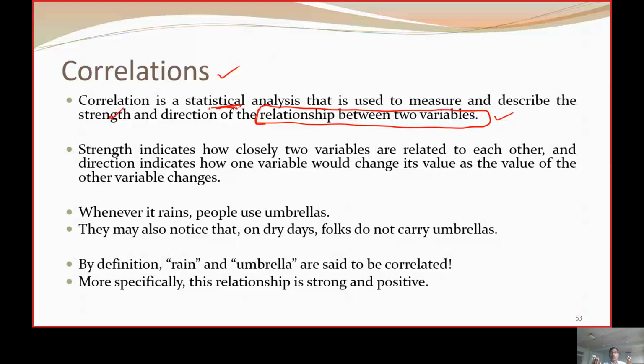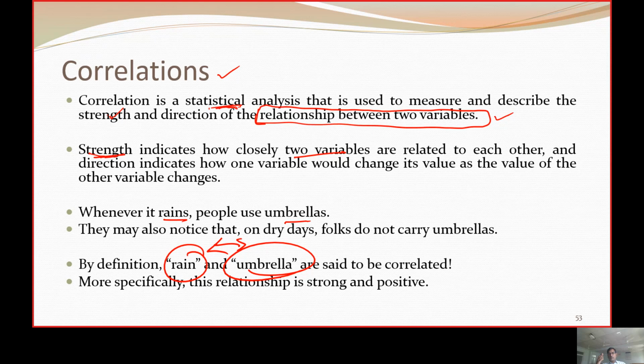So for that, we look into this correlation analysis. One of the best examples is that people use umbrellas when it rains. Definitely, if there is rain, we are carrying an umbrella. So there is a relationship between these two entities, and such two entities can go up with a positive correlation. Obviously we say it is a positive correlation.